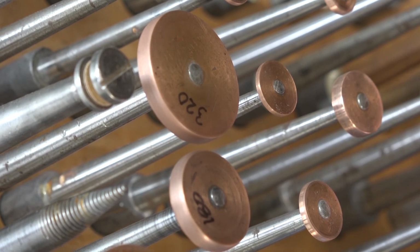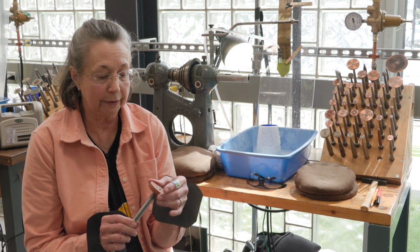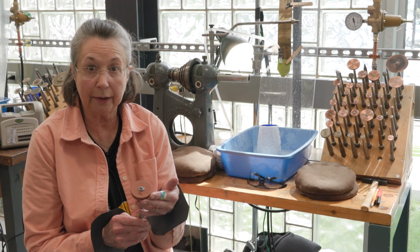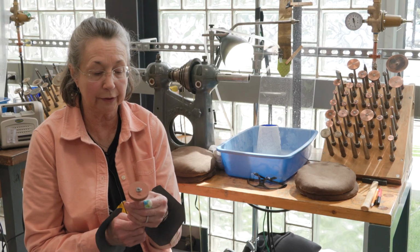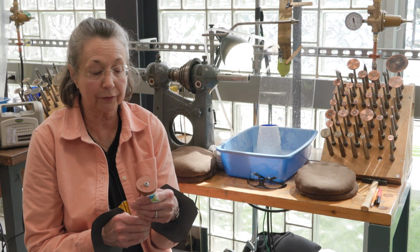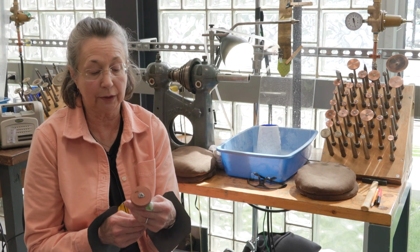The other type of wheel is a stone wheel, and these are either silicon carbide or aluminum oxide embedded in a vitrified clay bond. And the silicon carbide wheels are typically much coarser. They will grind the glass very quickly, but they leave a very coarse finish on the glass. The aluminum oxide has grit sizes that range from about 180 to 320 in various sizes,